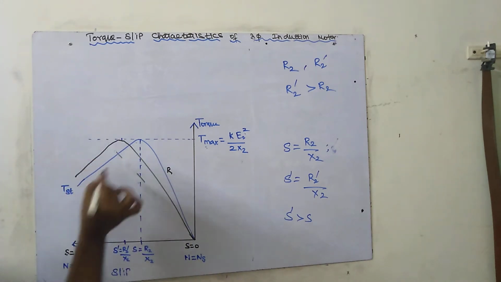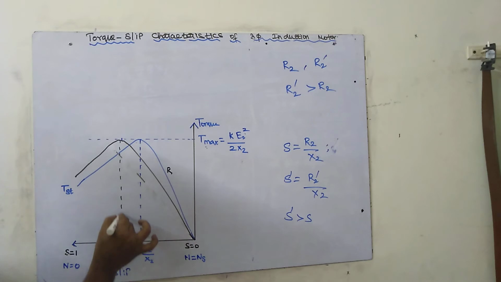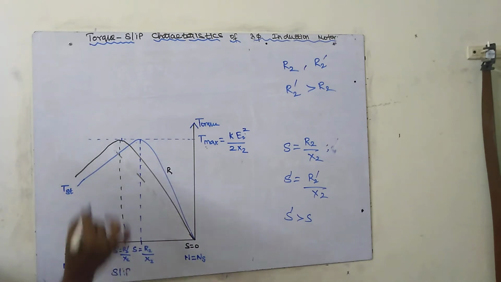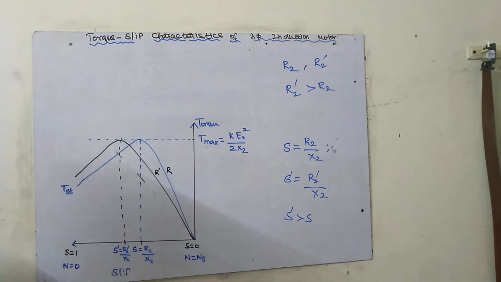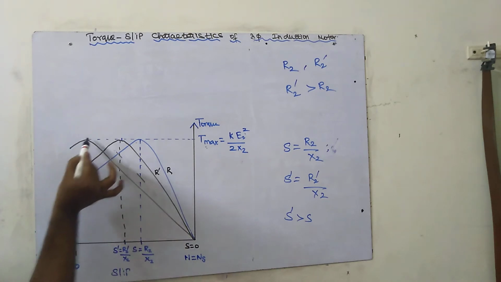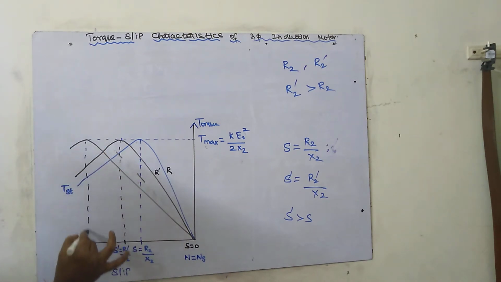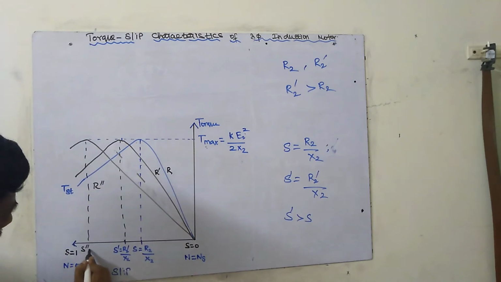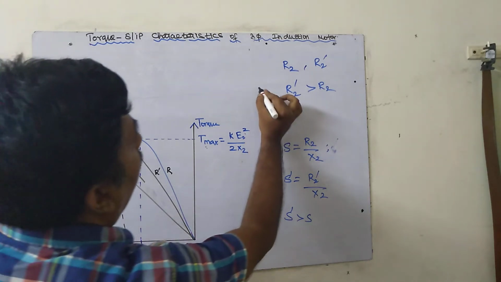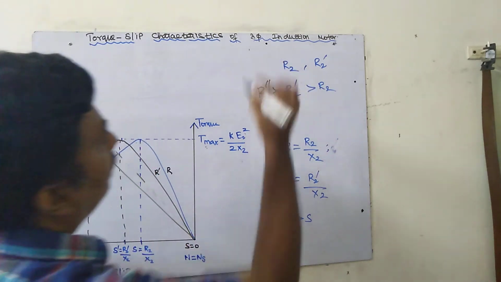It will be like this. So this is equal to this value. This is for R, this is R dash. If I increase the rotor resistance, what will happen? The maximum torque won't change. This will be equal to R2 double dash. This is equal to R double dash. So S double dash equals R double dash divided by x2, where R double dash is greater than R2